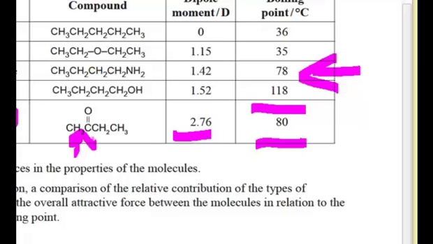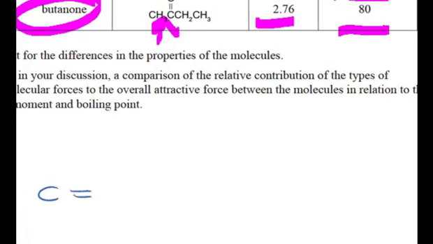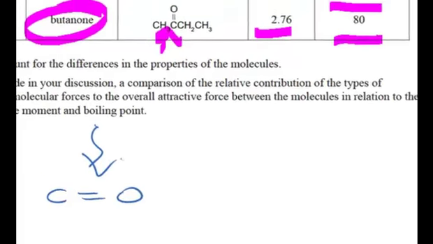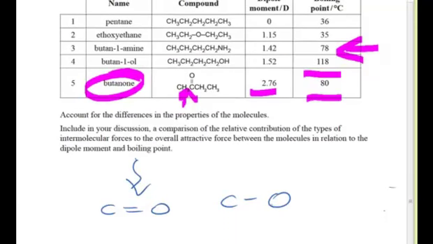And what this is really down to is the fact that the dipole is due to that double bond to the oxygen here. There's a lot more electron density here with having a double bond, so we're going to have a more polar bond. It's certainly a lot more polar than a single bond to the oxygen, and therefore, why don't we get a significant increase in boiling point? Well, you've got to logically work this out. There's only one thing really left, and that is to do with packing.